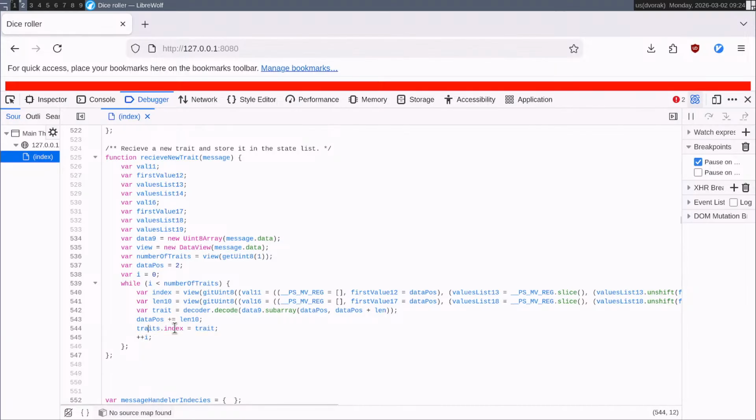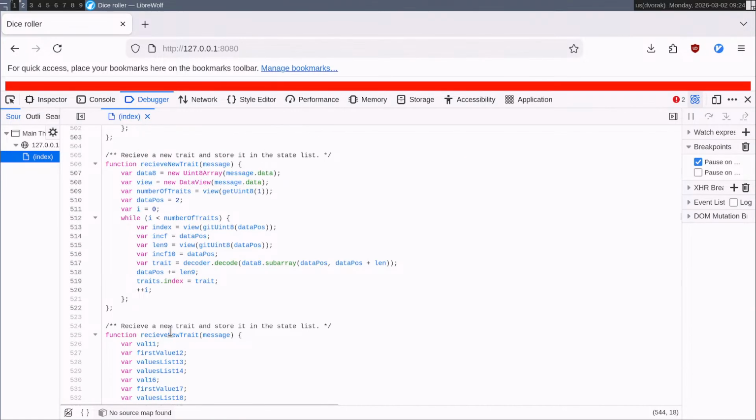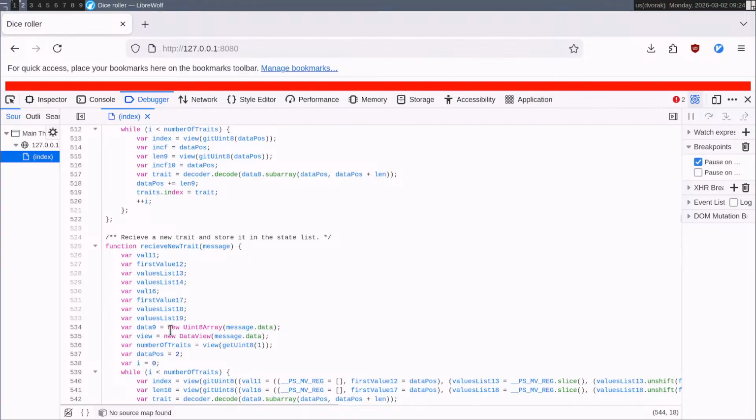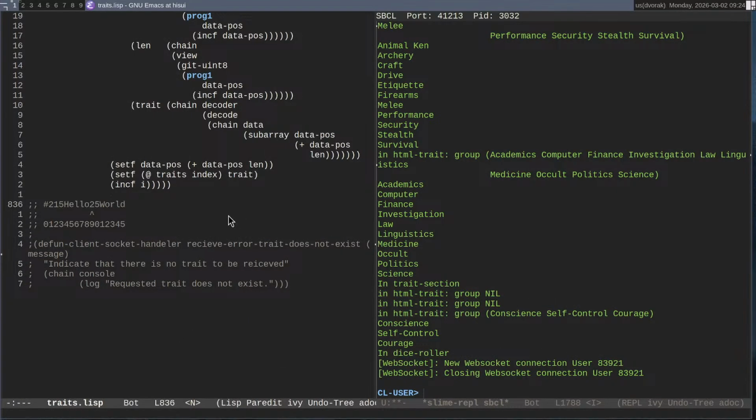Then we say that trait is the decoded array. Trait is then equal to index. So, I haven't tested that yet, but hopefully that works.